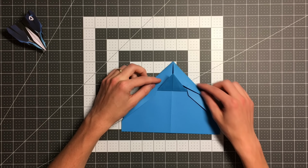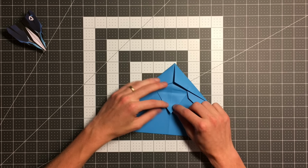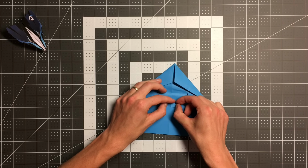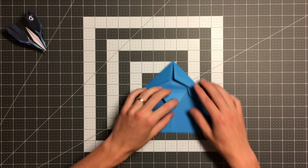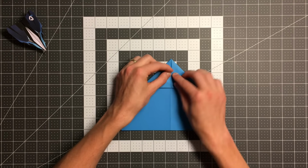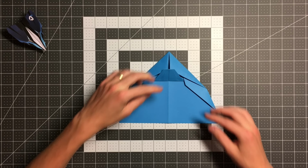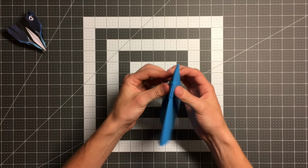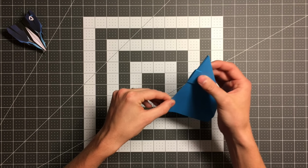And then we'll unfold that and just fold the tip down a little bit, about 1/2 inch, like so, and fold it back this way again. And that's just performed our lock. So now we can fold the plane in half like so,